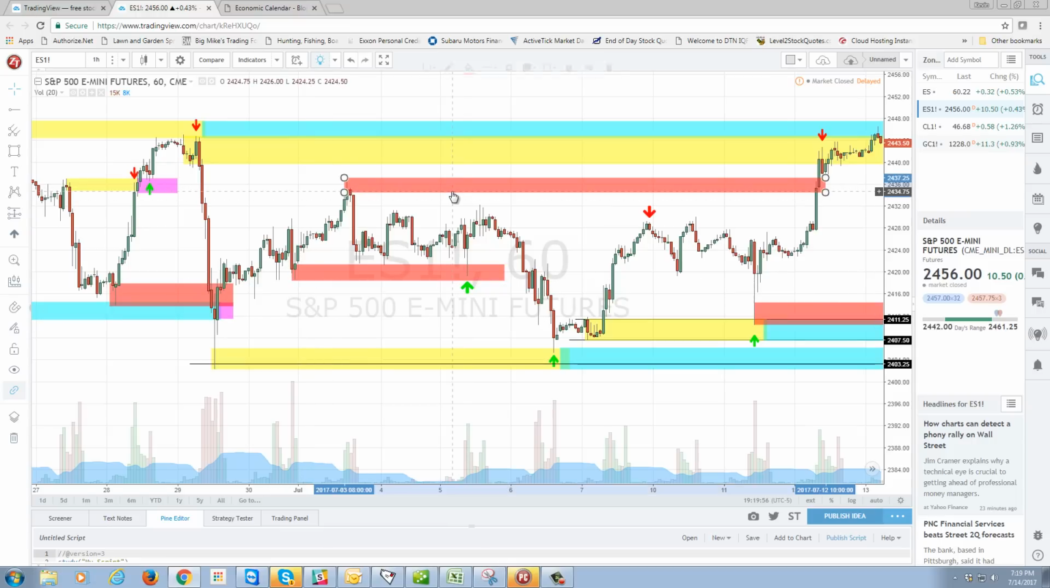And the same thing here with this red one up here. We're not going to plot that as a supply zone because